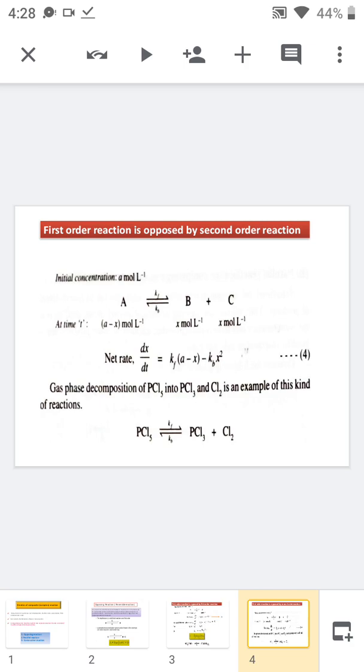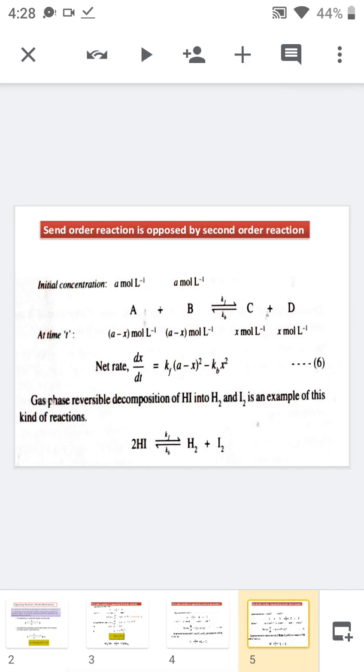Now we are moving into the last type of opposing reaction, where both the forward and backward reactions are of second order. Let us see the first example. A plus B reversibly gives C plus D. Here we can see that in the forward reaction there are two reactants A and B, and the backward reaction also consists of two reactants C and D. So the forward reaction is represented by